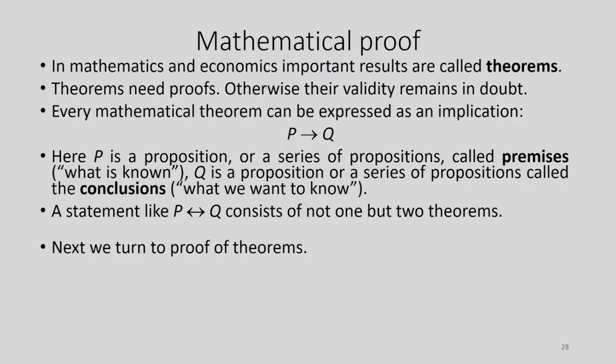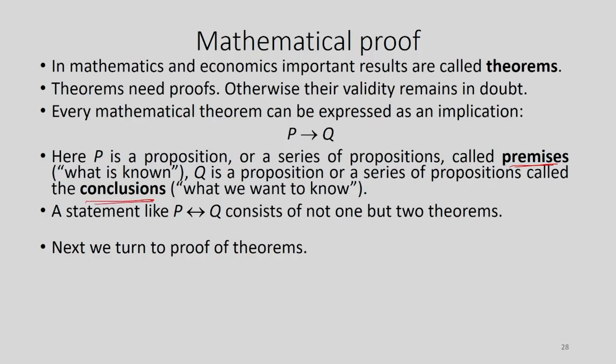Every mathematical theorem actually can be expressed as an implication, something like P implies Q. So, every theorem in mathematics or in economics can be boiled down to this sort of implication: P implies Q. Here P is called a proposition, or it can be a series of propositions, and they are generally called the premises. So, these are the premises of the theorem. Sometimes they are also called assumptions, or what is known, or what is taken as given. And then you have Q, which is a proposition or a series of propositions. They are called the conclusions, okay,